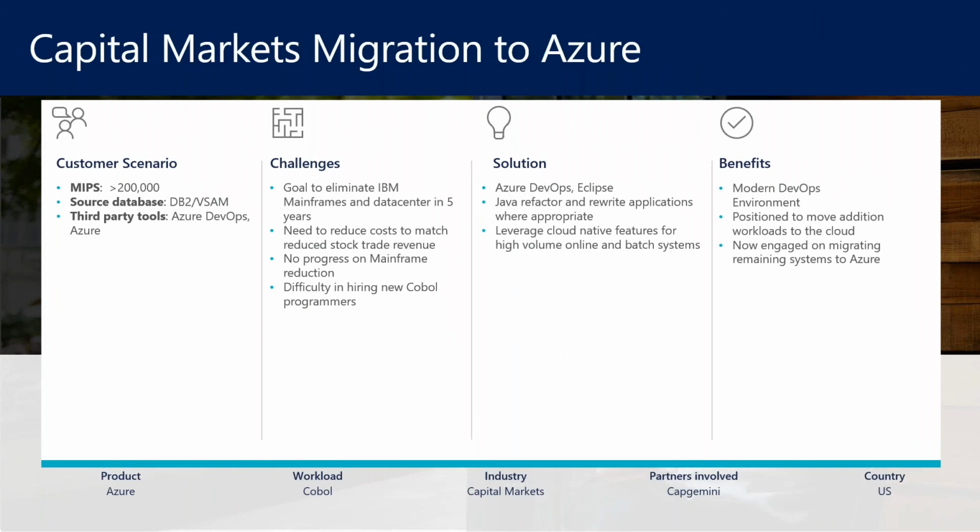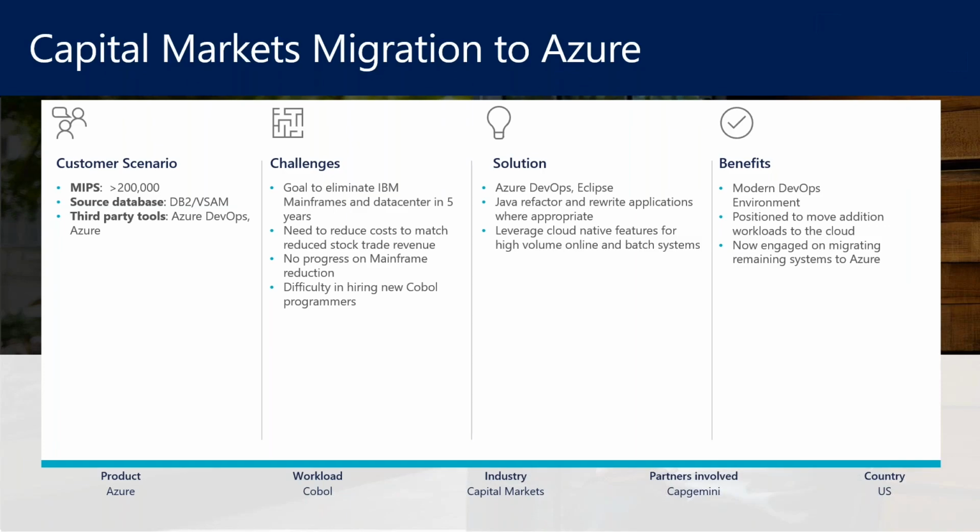And then this is an extremely large customer, a privately held capital markets organization here in the US. As we engaged with them, their goal was to eliminate the mainframe from the data center in the next 5 years. We've already worked with our partners to rewrite the first set of applications. The second set, which is the record-keeping system, is being rewritten at this point to use the cloud to do that reconciliation after the market closes. We hope that goes into production the first part of next year. Very successful utilizing cloud services and starting to drain down the capacity utilization on the mainframe.